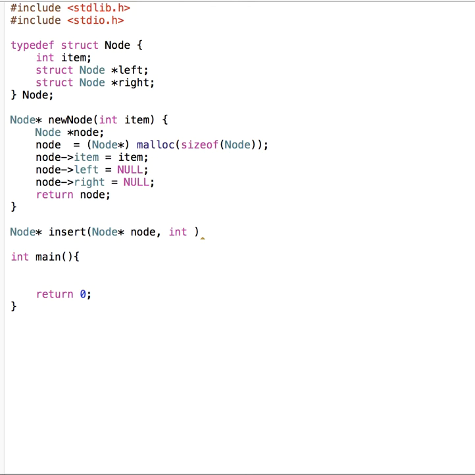Let me name this, okay, let's say info. And here it is possible that the node might be null, which means consider an empty tree. In that case, the node points to null, which means there is no node in the tree. So we say if this node is null,